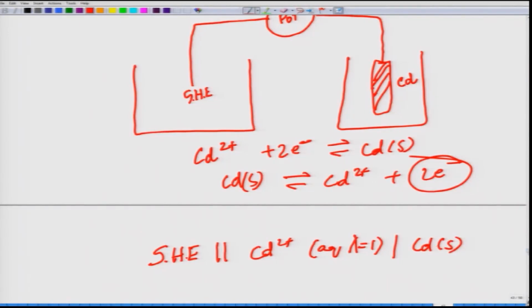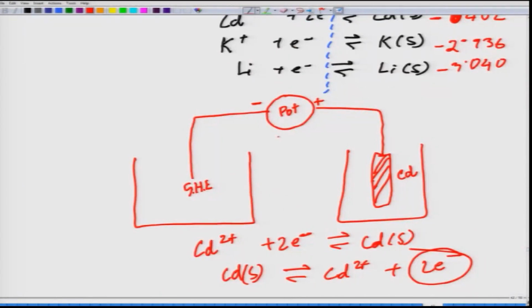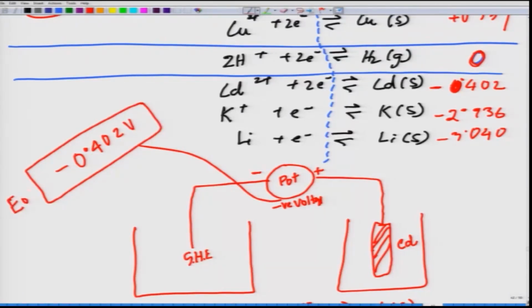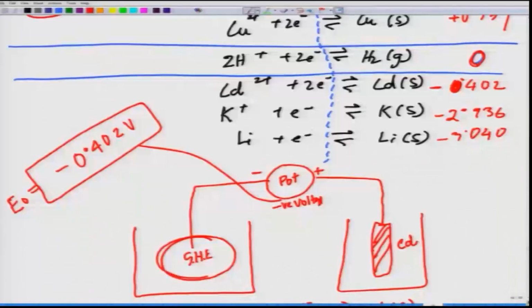And what we are observing, if you follow the chart, is that it is showing you a negative voltage, and the negative voltage is minus 0.402 volt,